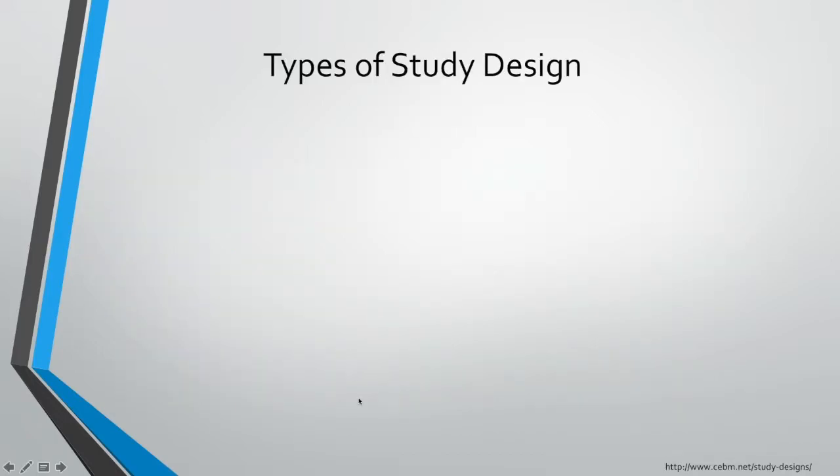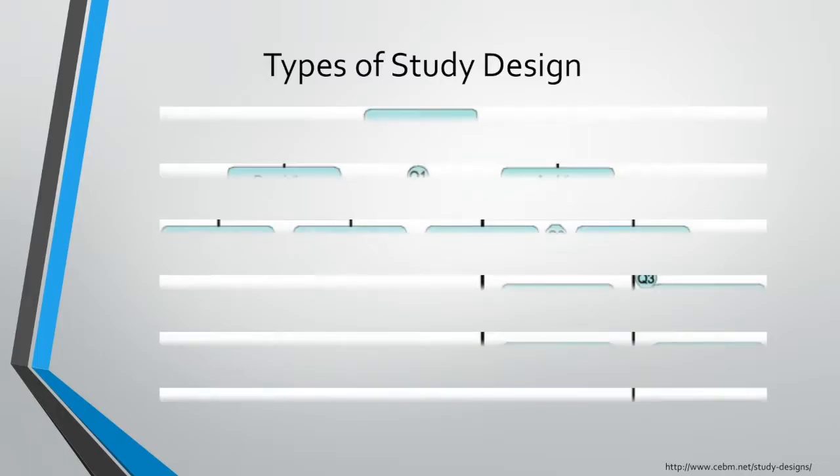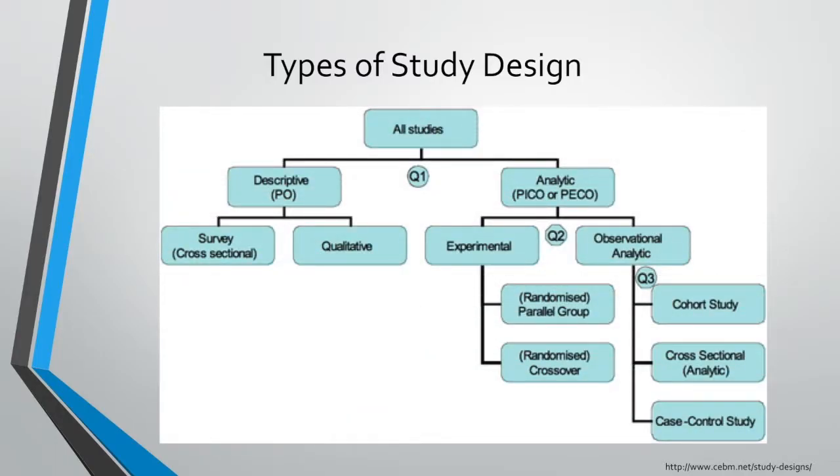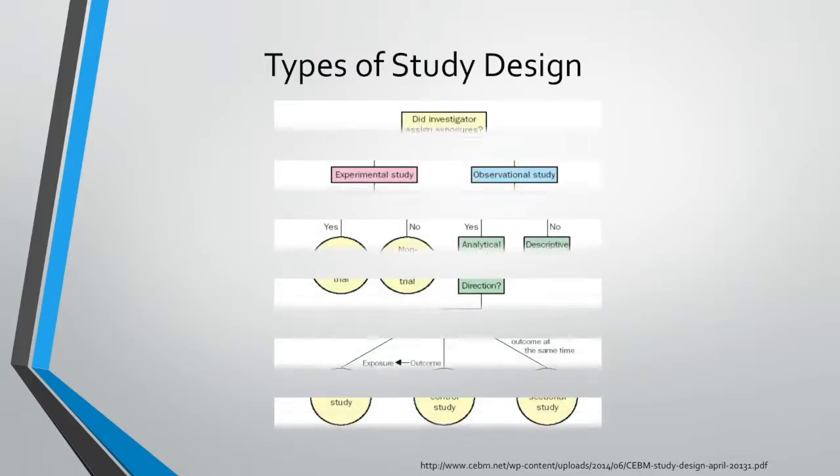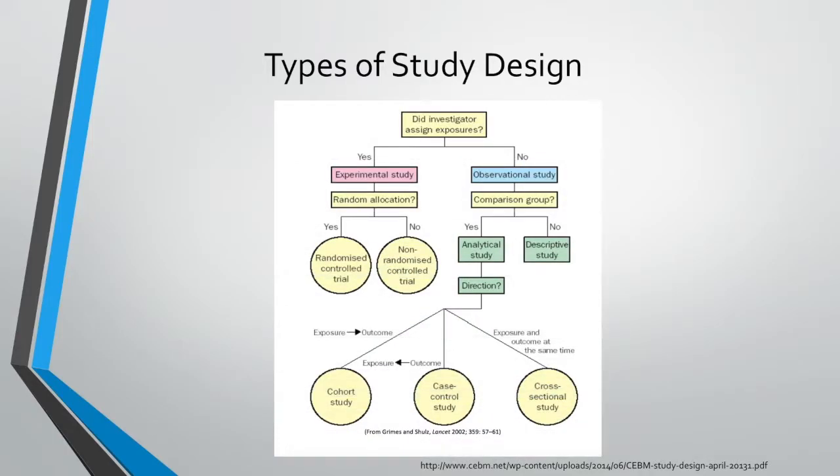So let's put some of these concepts into practice. The Center for Evidence-Based Medicine website provides flowcharts which help in deciding the type of study design. This is the flowchart that you come across first, and although useful, I find it's less intuitive to decide whether a study is analytical or descriptive as the first step. So feel free to use this one if you find it works for you, but I actually prefer the next one, which is a flowchart by John Howick, also of the Center for Evidence-Based Medicine, which I think is more